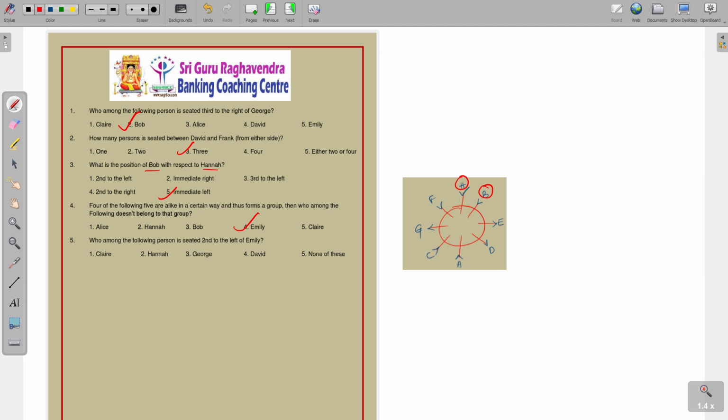Who among the persons is seated second to the left of E? Second to the left of E, that is H. Hannah is the answer. Next,